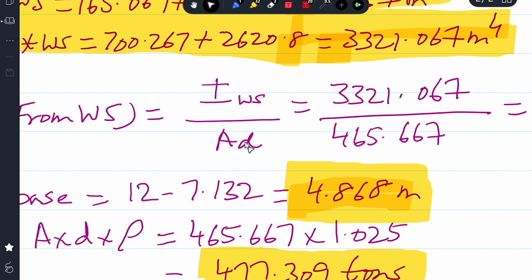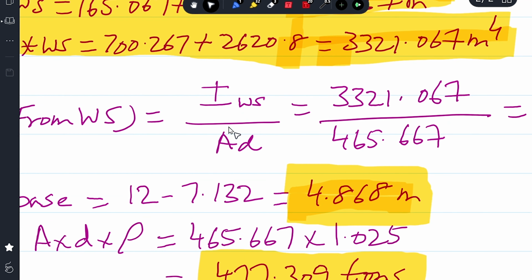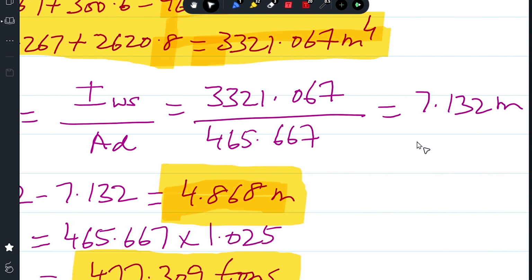So A into D will be first moment of the area, which is 465.667 here, because total area A multiplied by depth of the centroid from water surface is nothing but first moment of the area, 465.667. So I get 7.132 meter as the depth of the center of pressure from the water surface,